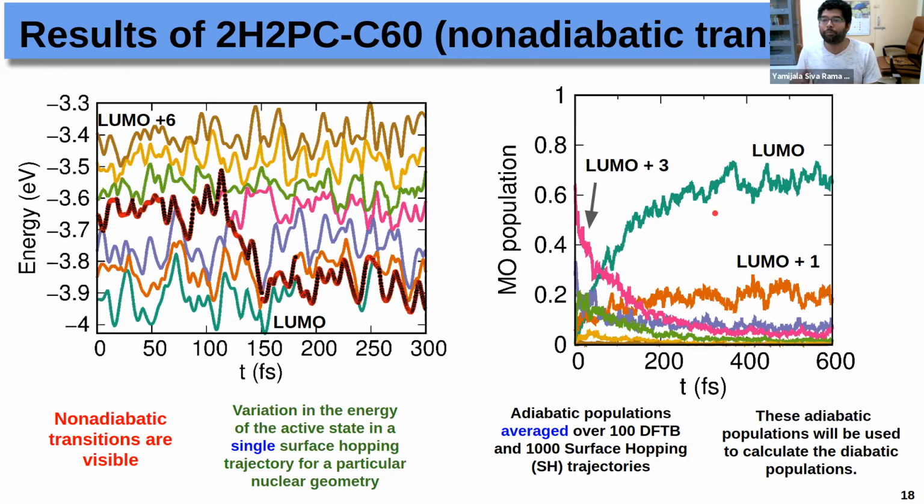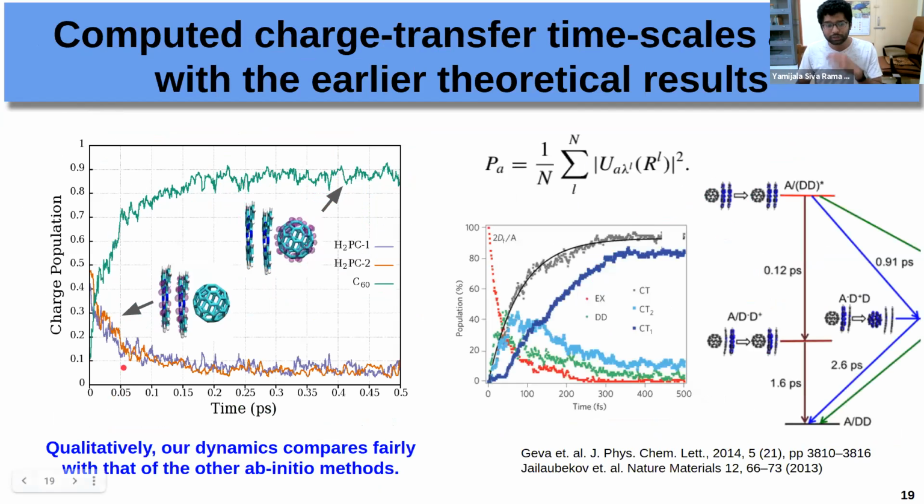A better way to represent the same answer is through the charge populations, as I mentioned earlier. So here is the charge population plot. You can clearly see that for both the H2Pc molecules, the donor molecule population is decreasing, whereas the acceptor molecular population is increasing. Qualitatively, our dynamics is also in good agreement with other ab initio methods. They have also shown that within the first 500 femtoseconds,